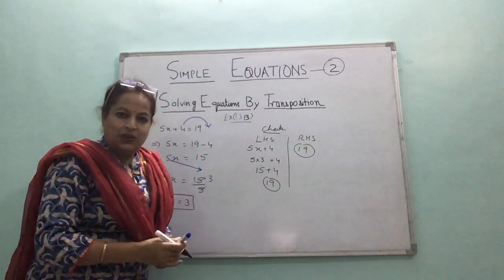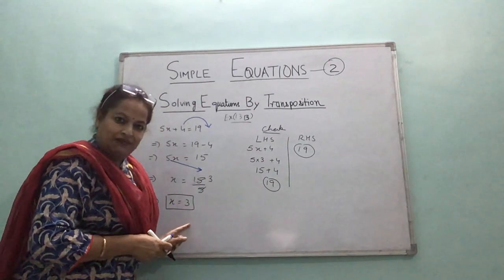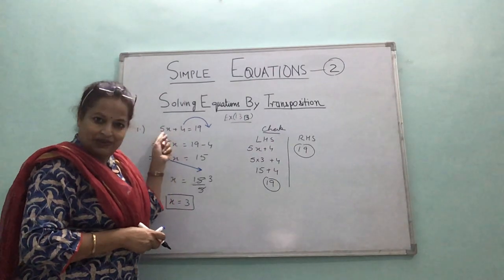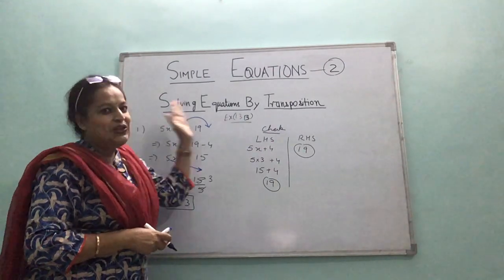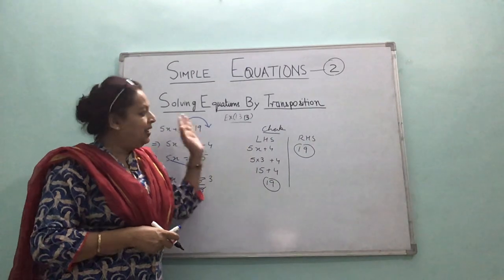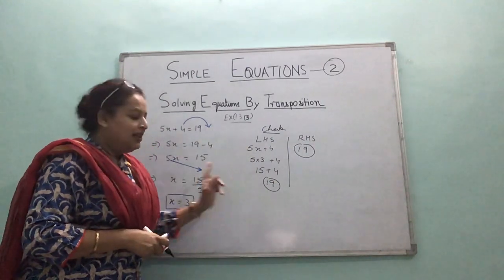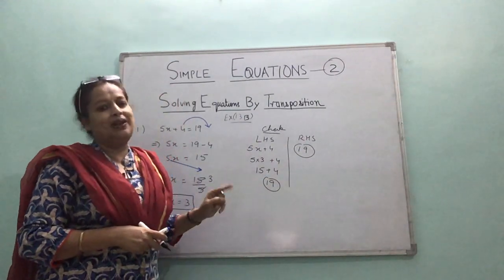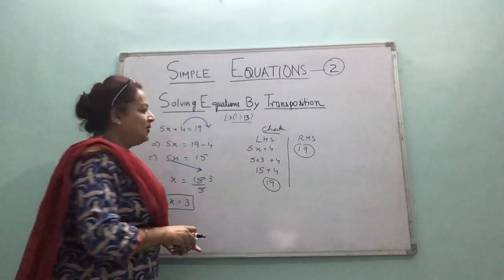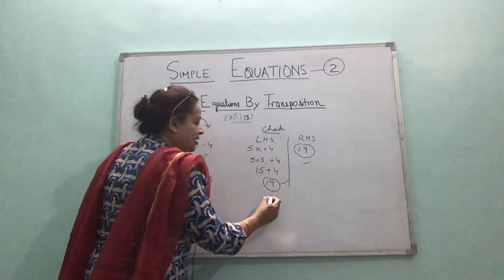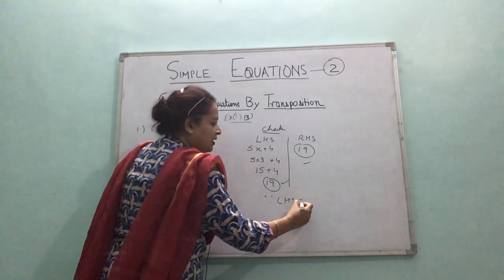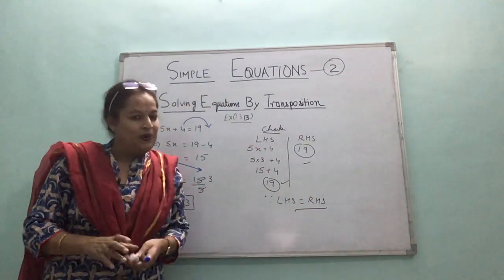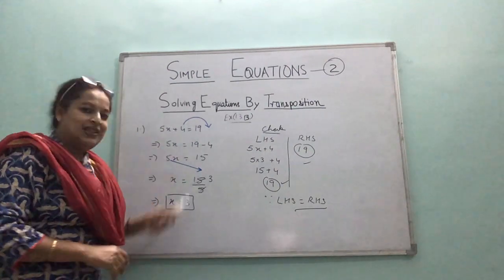In a linear equation, when we solve and get a value of the variable, it should be such that when you substitute the value, left hand side should come equal to right hand side. That means your value is correct. So now my left hand side value comes equal to right hand side. It has to come. If it does not come, that means we have made some mistake. So it is equal. Since LHS is equal to RHS, my work is correct. Right? This is a very simple way of checking your work. So is this clear, children?